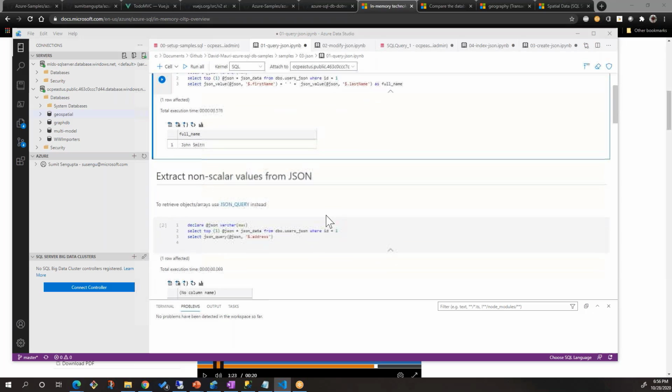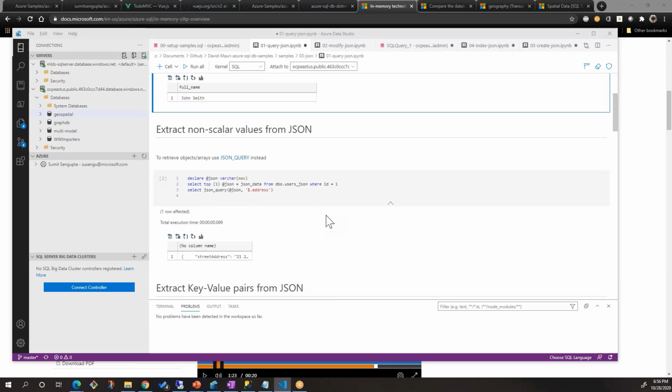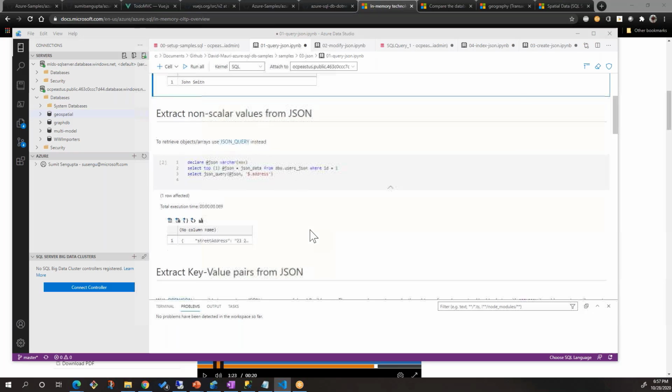Then this next example shows extracting non-scalar values from JSON. Here again, we are declaring the variable, and we're saying get the JSON data, and what we're querying is JSON_QUERY with $.address. What $.address does is it takes me and just gives you the address information.